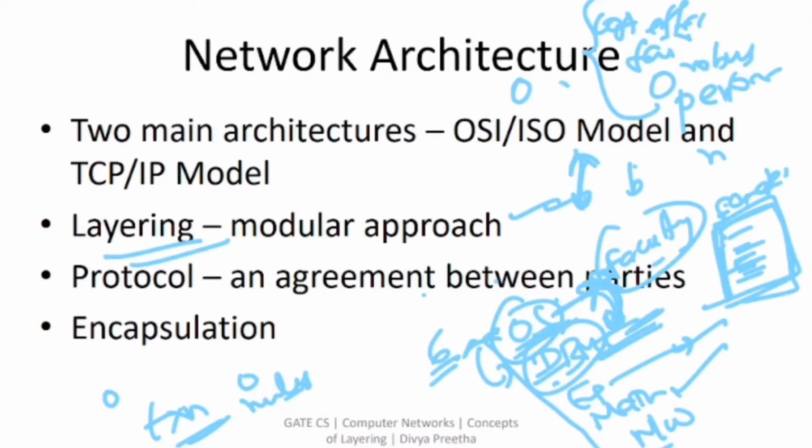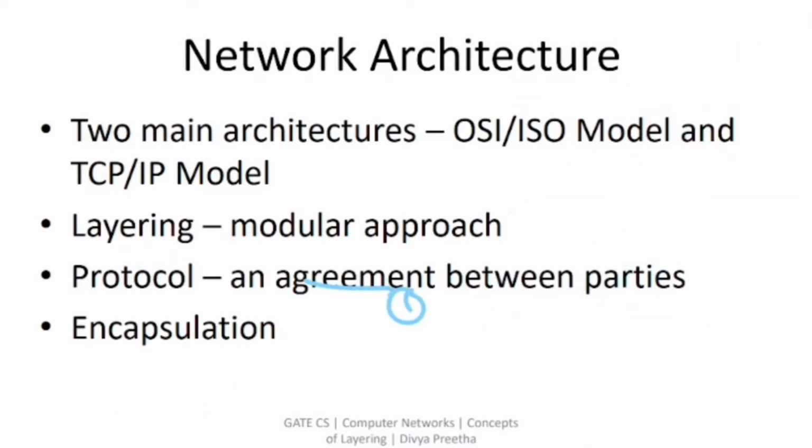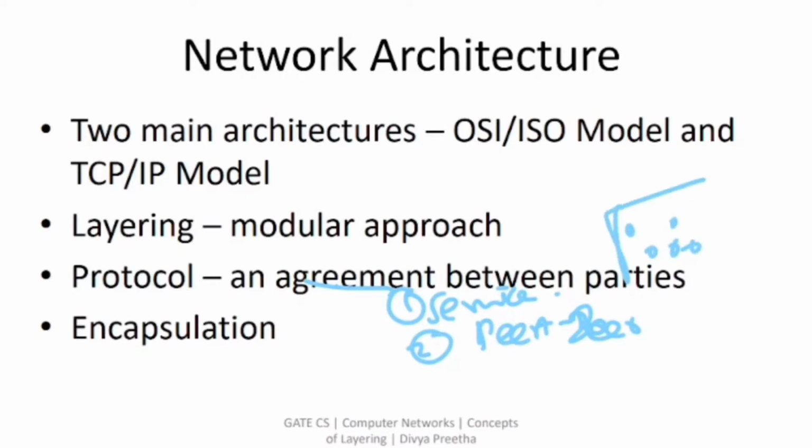So each protocol object has 2 different interfaces: the service interface and the peer-to-peer interface. The main aim of the service interface is to enable communication among objects within the same host. For example, your PC may have so many processes running inside it. Your printer may be running its own separate process, and each tab in your browser will be running a separate process. So in order to ensure communication among these objects, the protocol follows that